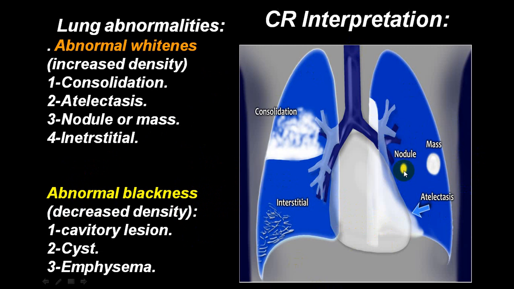These small round shadows we call nodules; more than 2 to 3 centimeter in size, we call mass. If there is a radiolucency, and in that radiolucency, a radio opacity with ill-defined margin, you cannot mark out the border very clearly, but by and large it is a triangular shadow, apex towards the hilum, and in that opaque shadow you see an air bronchogram. We call that consolidation or pneumonia. If you see thin white lines, we call interstitial fibrosis or interstitial lung disease.